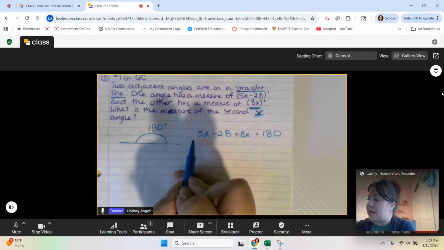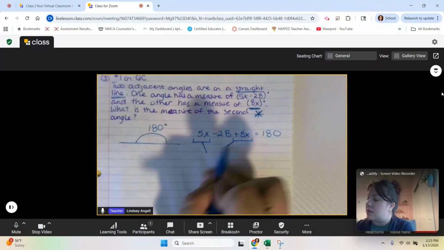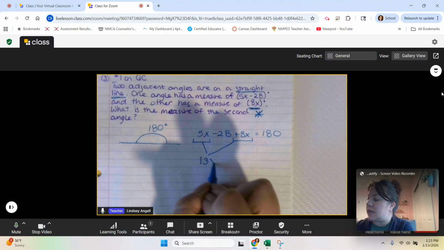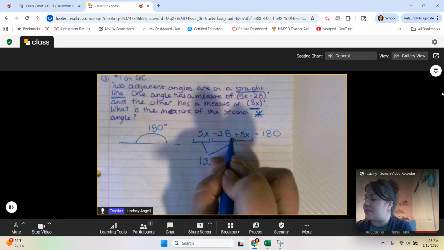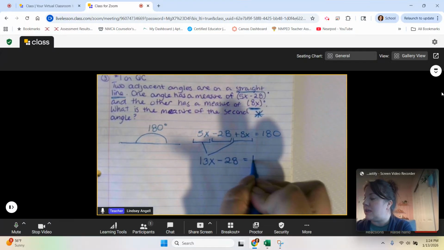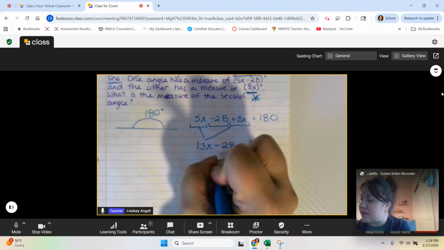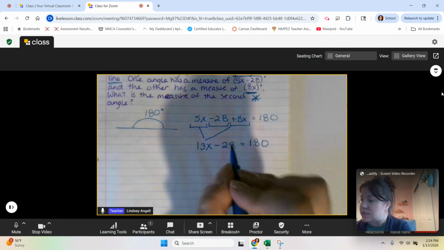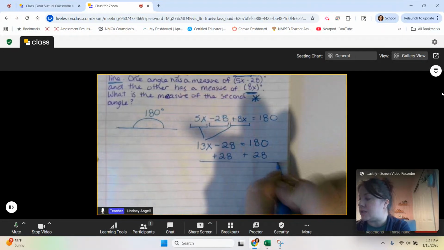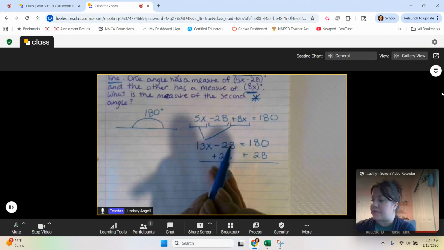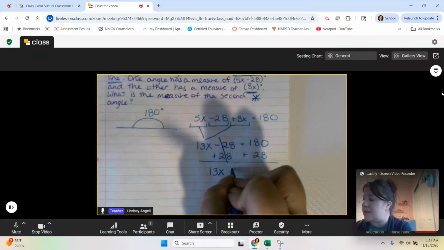All right, combining like terms, we've got 5x plus 8x. That equals 13x. And then we have minus 28 equals 180. Right now I'm subtracting 28, so to get rid of that, I need to add 28. You have to do the opposite operation, or the inverse operation. Negative 28 plus 28 gets us to 0, so those cancel. We're left with 13x equals